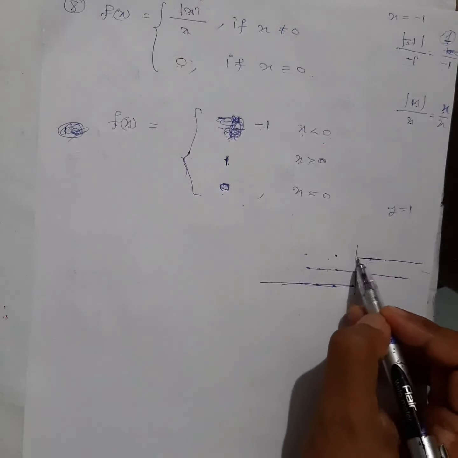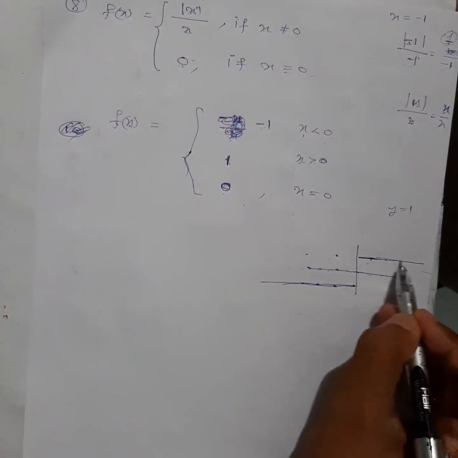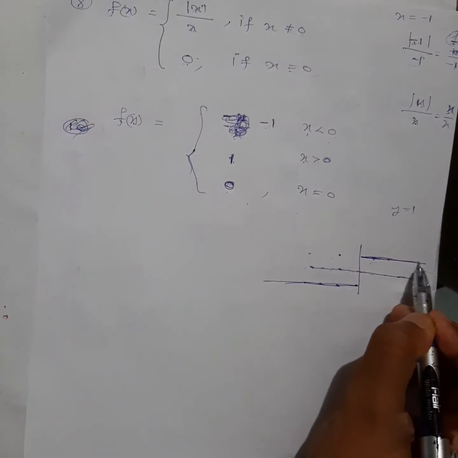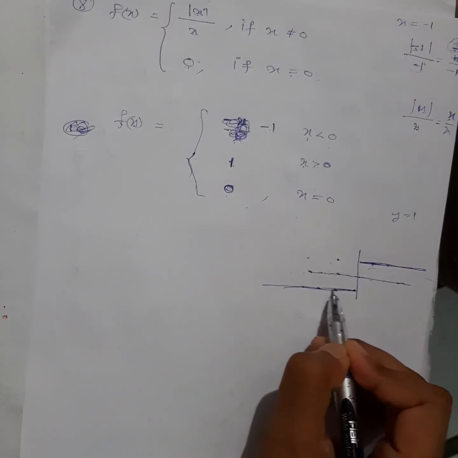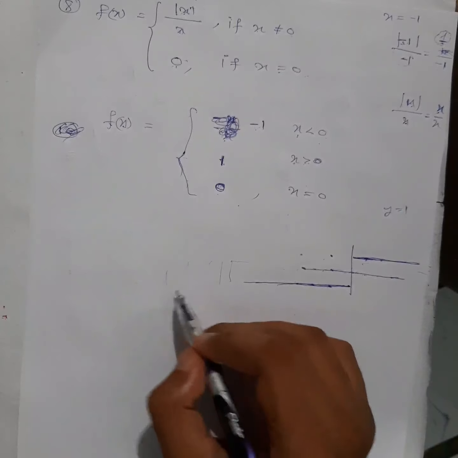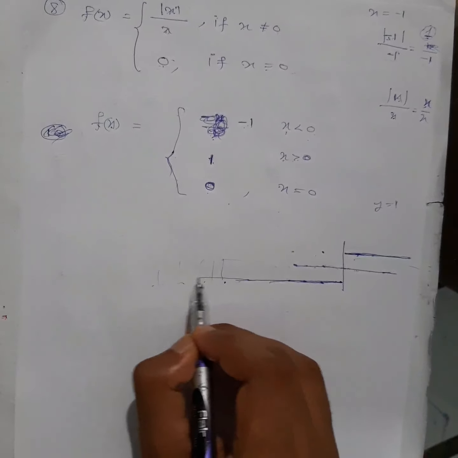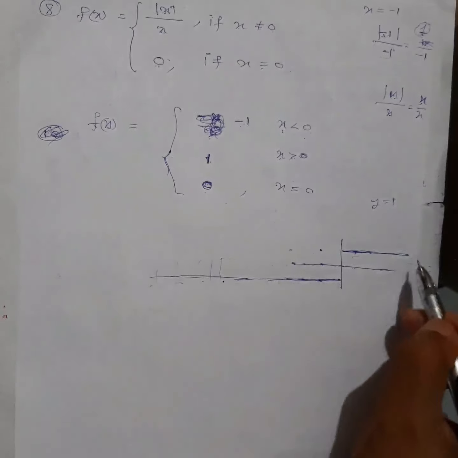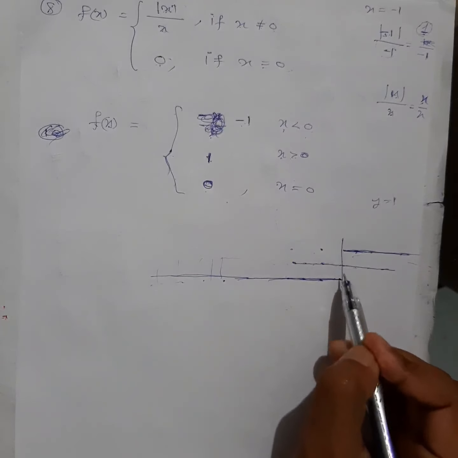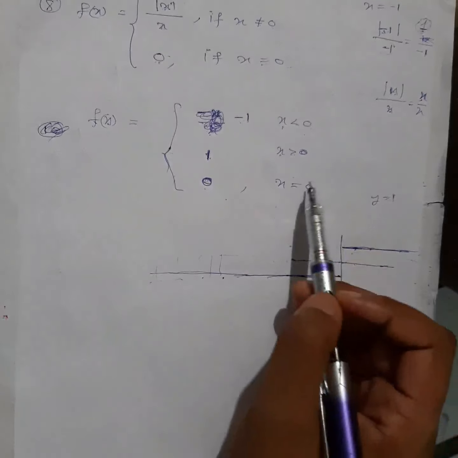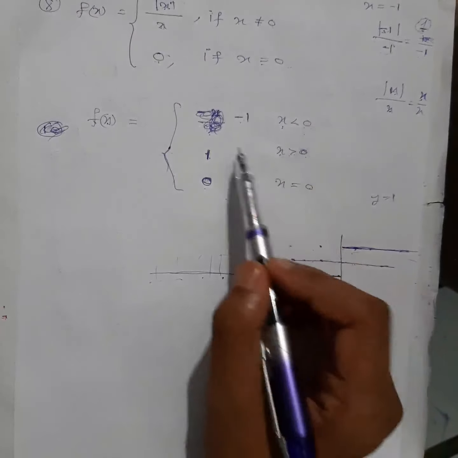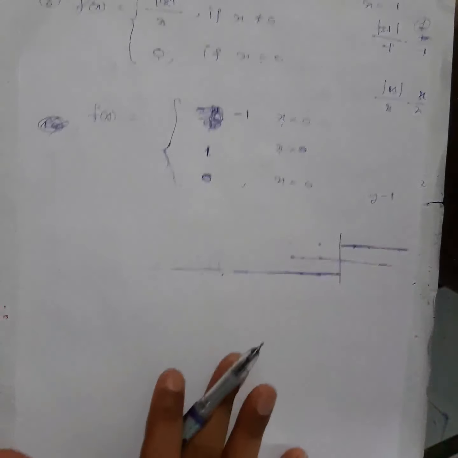Anyway, we already got that the graph is not continuous at all points. Greater than this it will be continuous, confirmed. This also will be continuous, because whatever x you take, y will be 1, 1, 1, 1 like that, right? All the points you will get here. So this will never break here, this will never break here, that's confirmed. But at 0 it might break. That's why we check continuity at this point only. Okay, I hope it's clear.